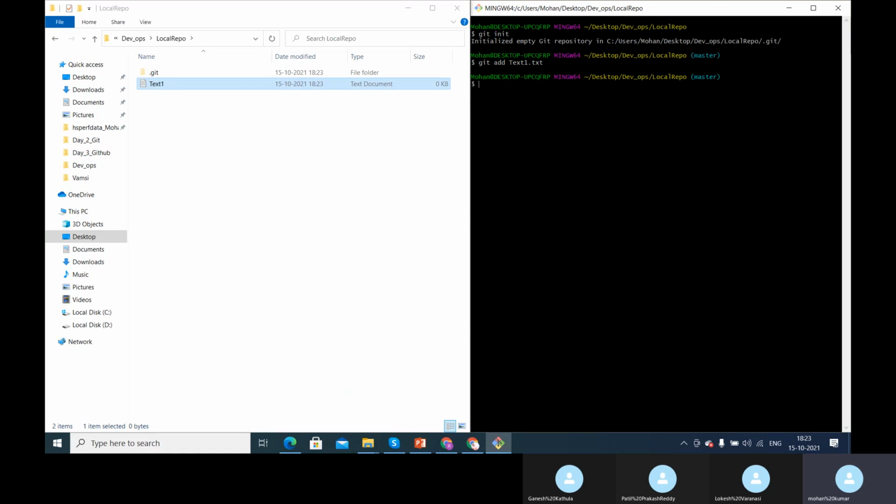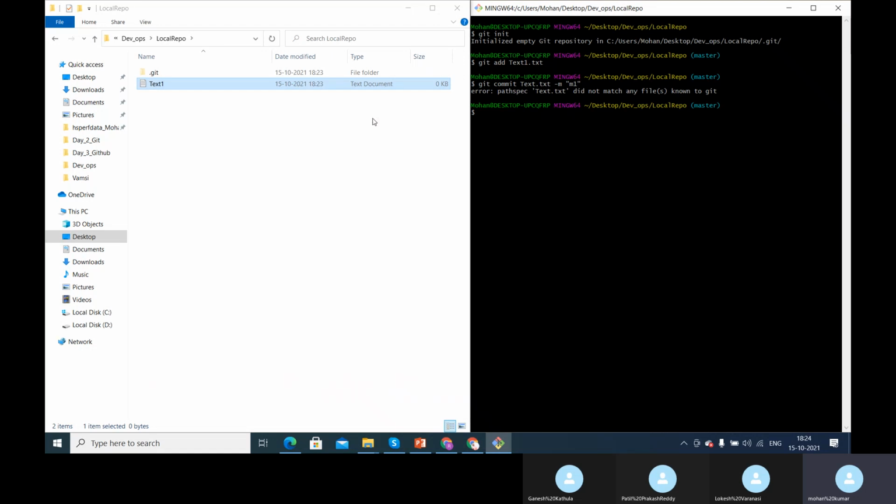So I added a text file and say git commit. I'm committing this text1.txt with -m commit 1.